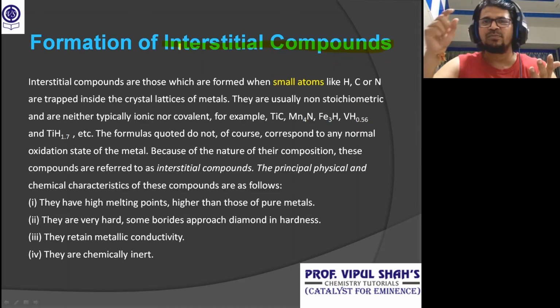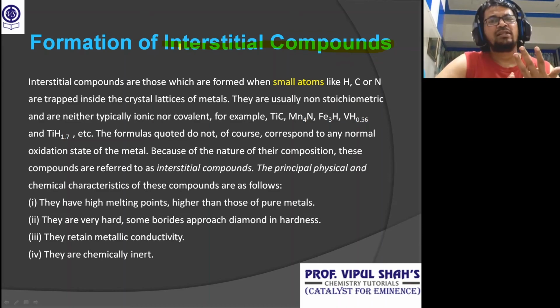Small size atoms occupying the crystal structures of these d-block elements form compounds where their melting point increases, they become harder, their metallic conductivity increases, and they become more stable. Alright, just see this slide please. Compounds in which small atoms like hydrogen, carbon or nitrogen are trapped within the crystal lattice, occupying the in-between spaces, that's the void. And look at this example, TiC, Mn4N, Fe3H,